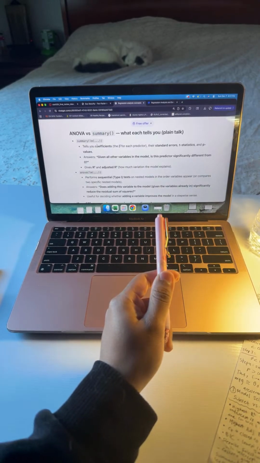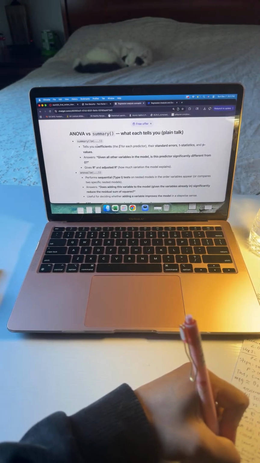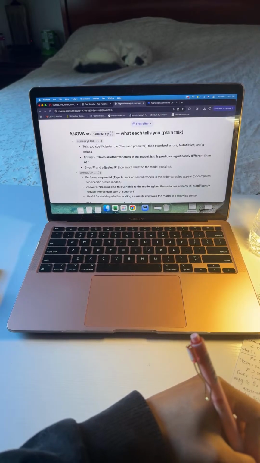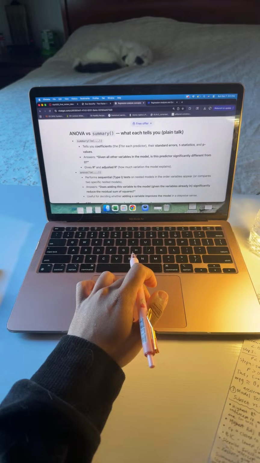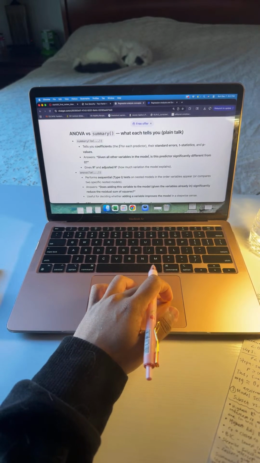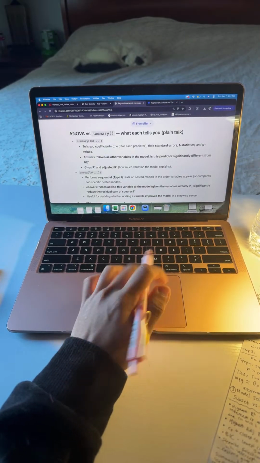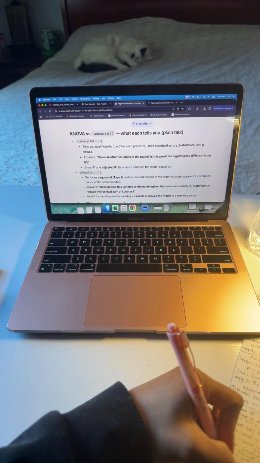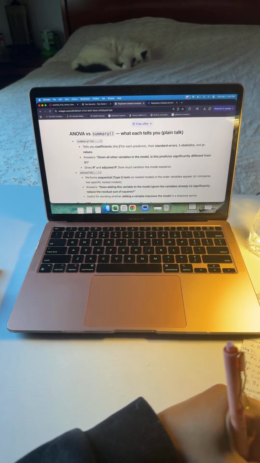There's standard errors, t-stat, and p-values. It answers: given all other variables in the model, is the predictor significantly different from zero? Given all other